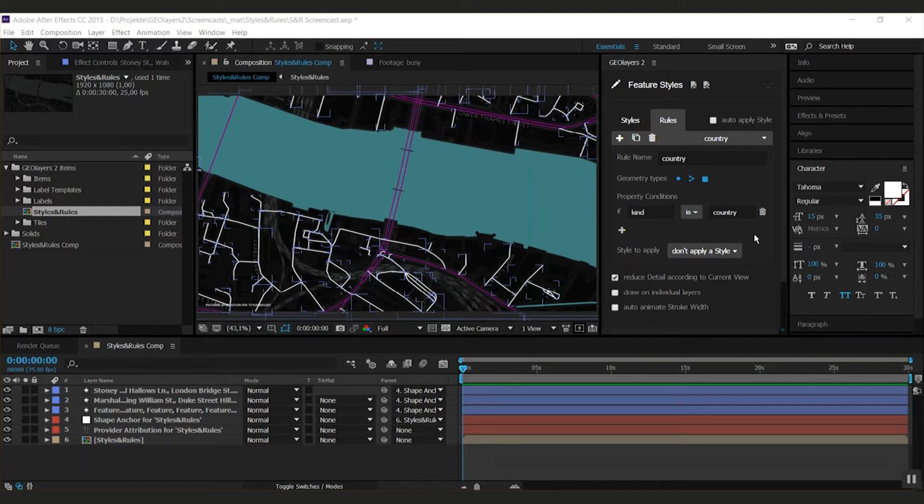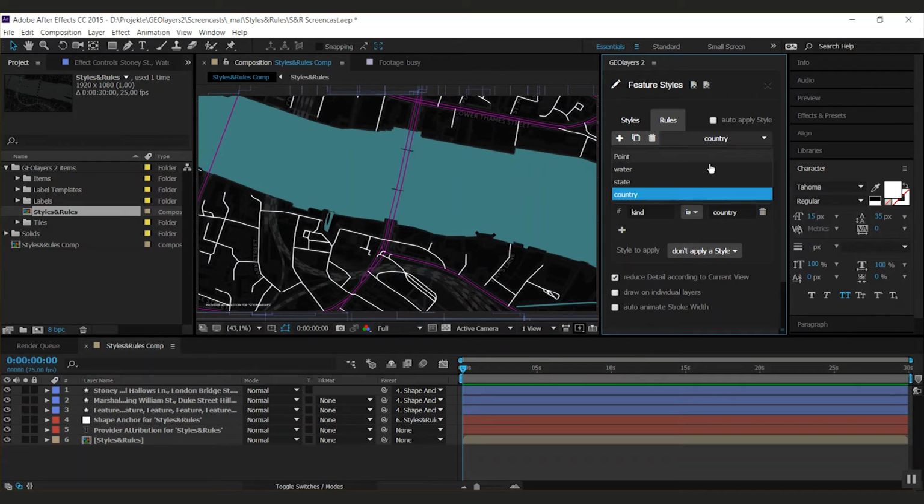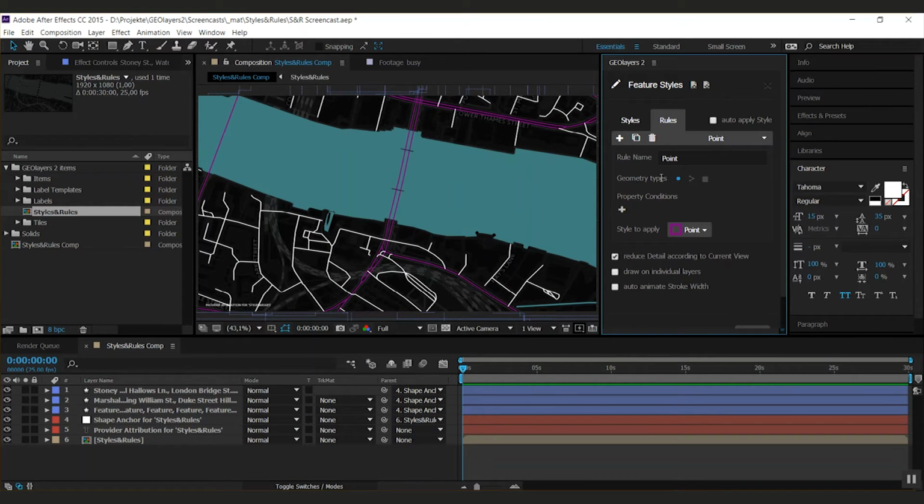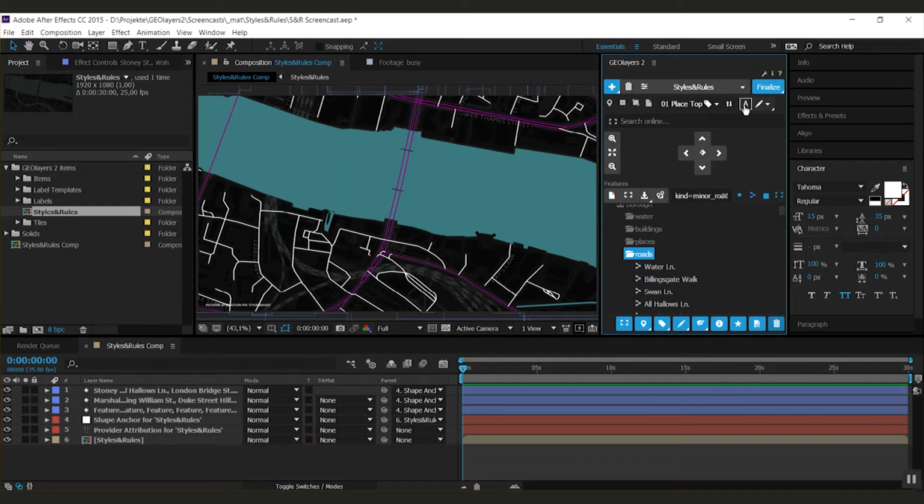apply a certain style. For example, I have a pretty simple rule in my set here, which is point. And by only selecting the point geometry here, GEOlayers will apply this rule to all point features. This will happen if I check auto apply style here. If I do so, you notice a little A in here. And if I remove the filter and have a look into the places, the point feature has a style thumbnail